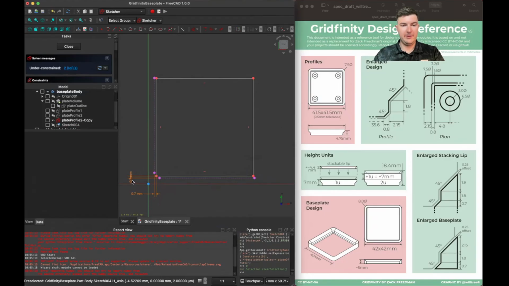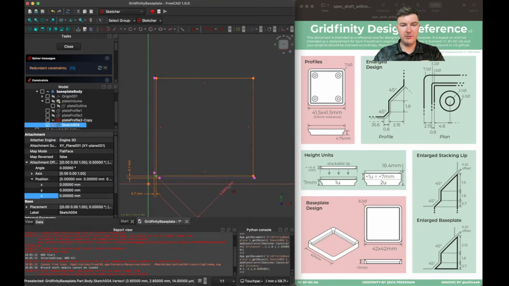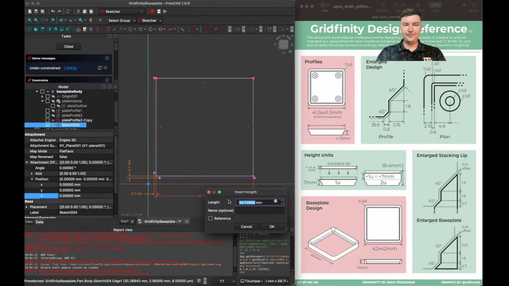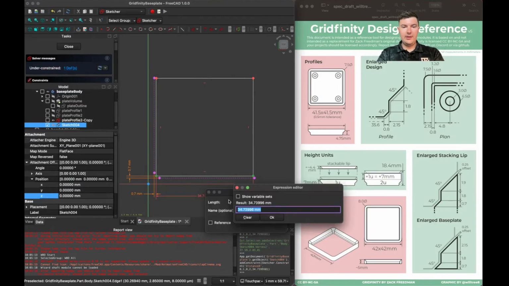And I'm just going to reformat this dimension to make it more readable. I'm going to go to my Smart Dimension tool, constrained by these 2 points, and that's going to be my base plate grid pitch minus 2 times plate offset 1